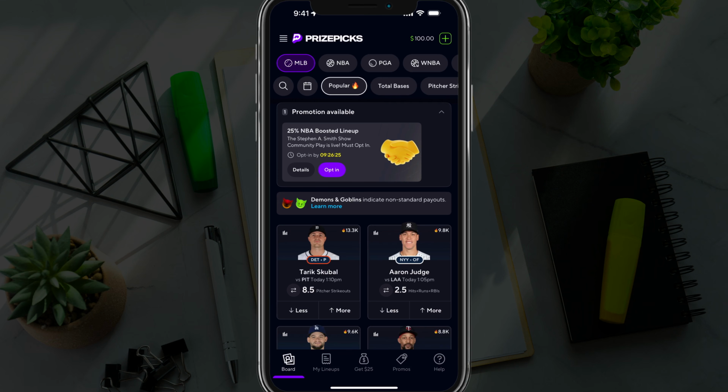In this video, I'm going to show you how to withdraw money from PrizePicks. So here we are logged into my account. In order to withdraw, you have to have obviously deposited money, used your initial deposit, and have a minimum balance